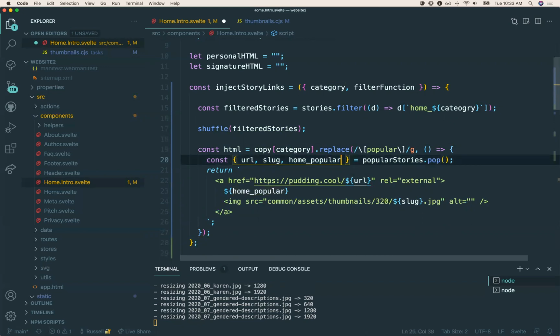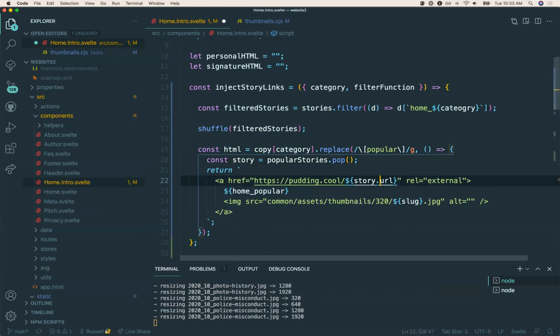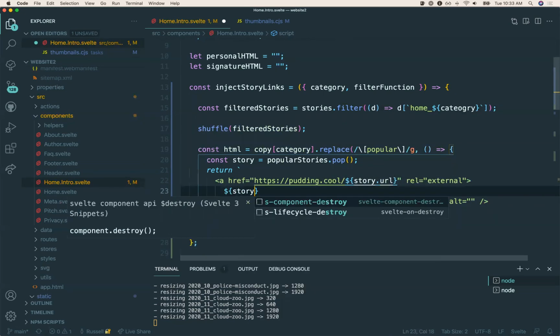I don't know if you can dynamically deconstruct. That sounds unlikely. So we're just going to actually say const story, and then it'll be story.url, story of,